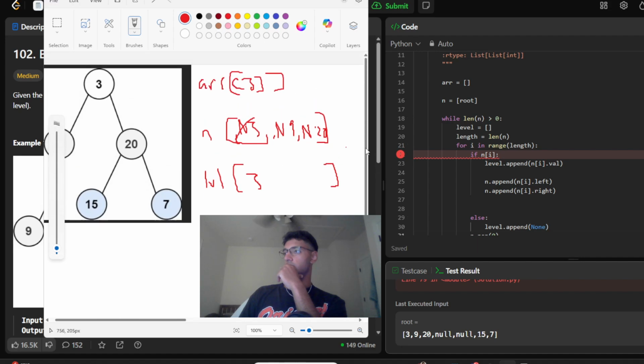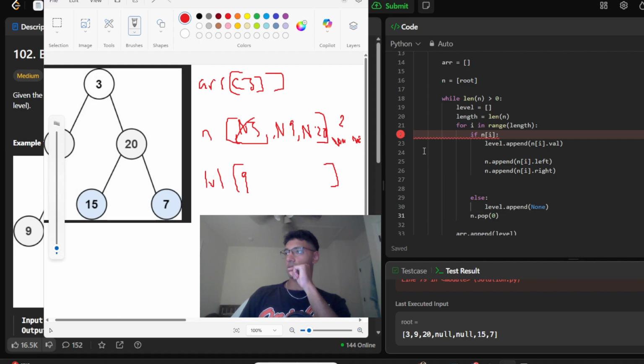Now while the length of n is greater than 0, yes, level is now blank. For i in length equals length of n, 2. Perfect. So 0, 1. If n at 0, yes, level dot append n at i dot value. Now n dot append the left, which is none, the right, which is none. And now pop 0. Okay, so that was the 0th iteration. Now the first